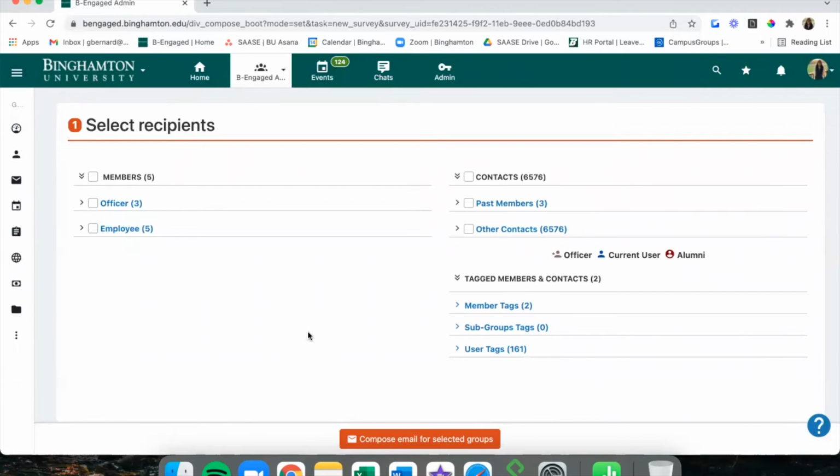So again, a lot of these options mirror exactly what we just went through under events, just with a bit of a different functionality because we're talking about forms as opposed to events.